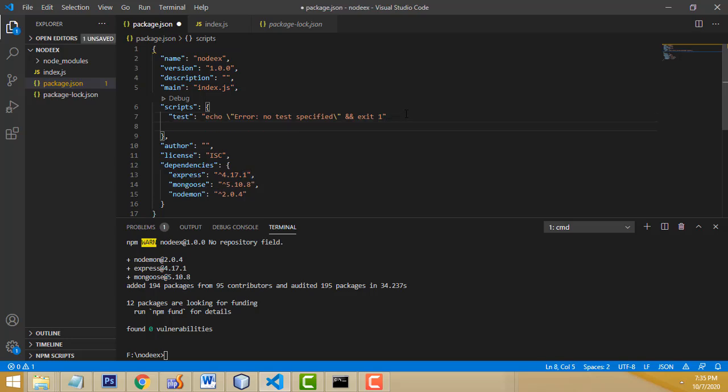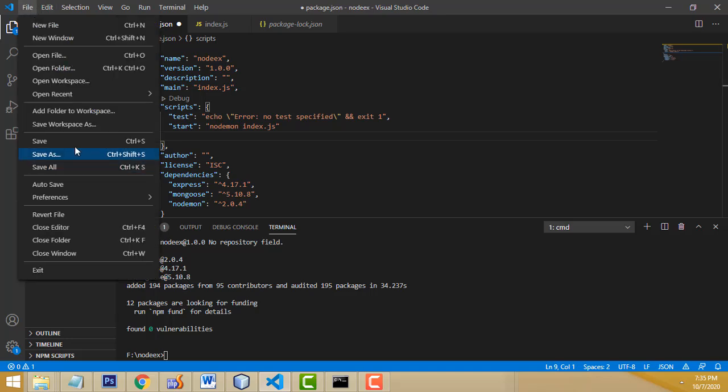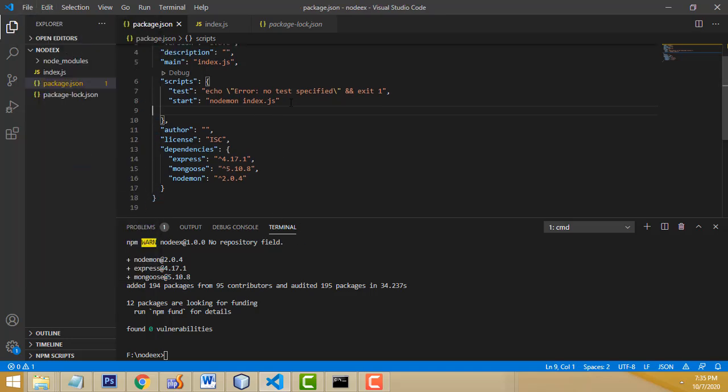Nodemon will be automatically observed, right. So how to observe here? We have to write here start, put a comma, you write start, and then you have to write here nodemon, the particular nodemon index.js. This is a command you should type, right. This is very important stuff. Okay, now while you change this one, this is a thing you have to do, right.